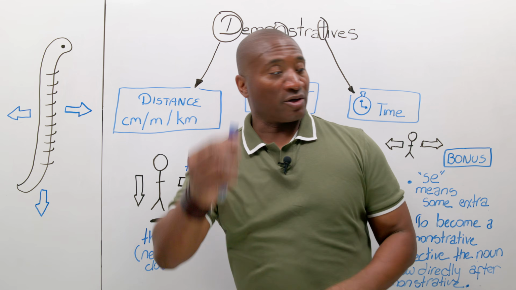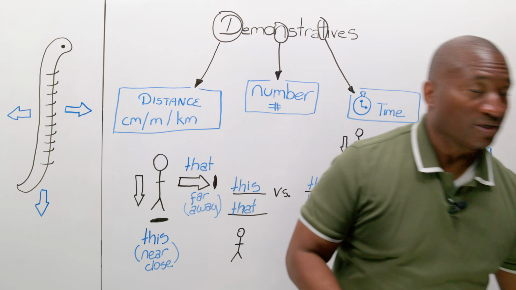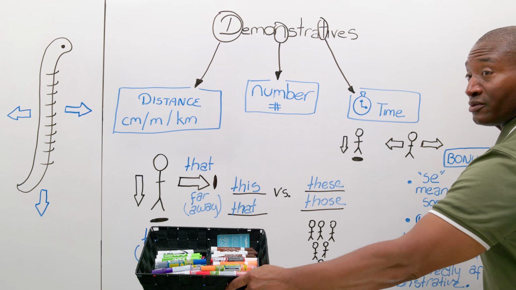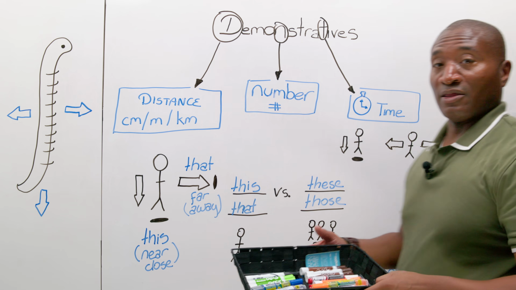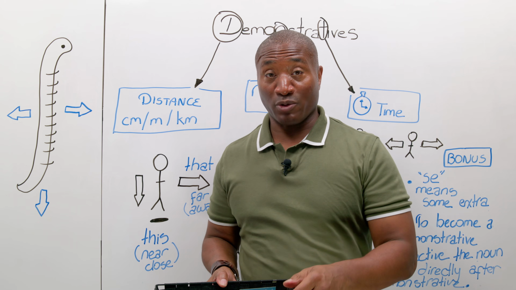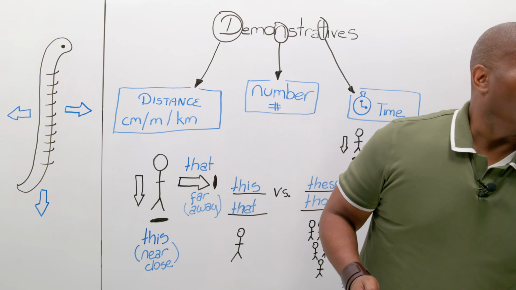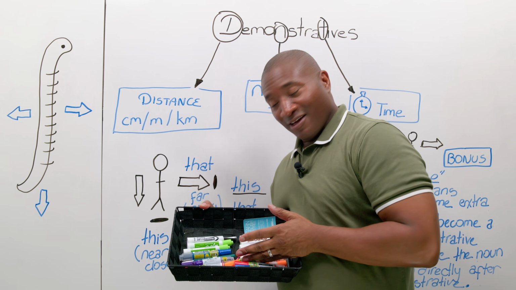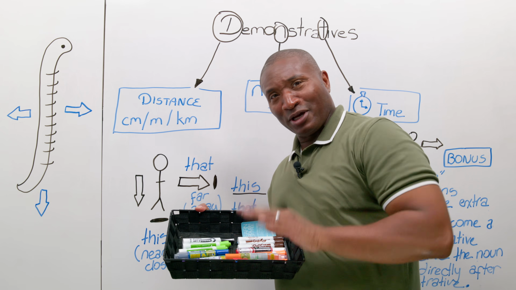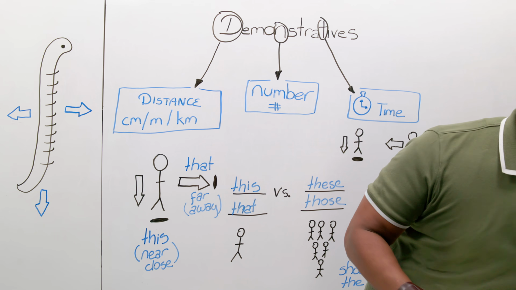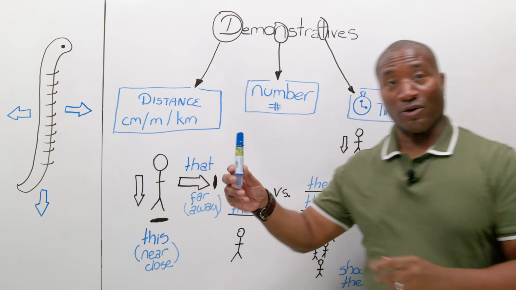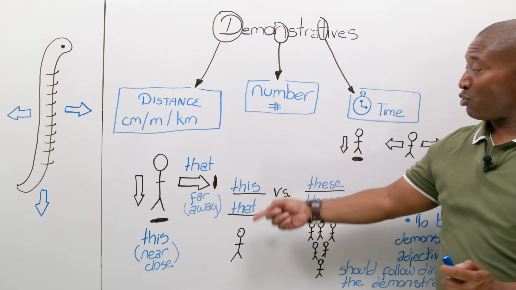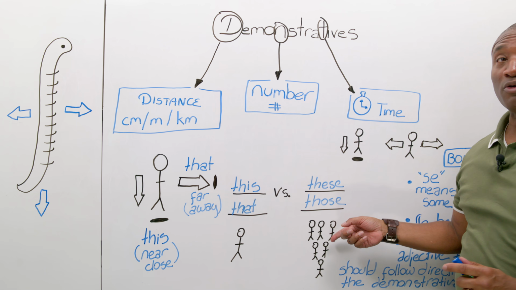So this marker, or if I were to do this and go these markers because they're far away, that would tell you distance, right? Those markers are far away. These markers are with me. Notice they are multiple or many. Or, just in case you didn't see the beautiful color choices I have, and you say, why only blue or black when you have orange or red? Another day. Or this marker that's close to me, or that marker far away. So we can use this to tell us there is more than one single object or more than one object.